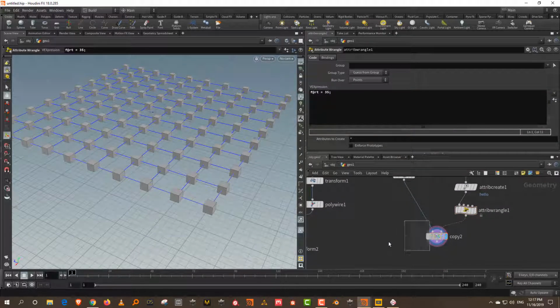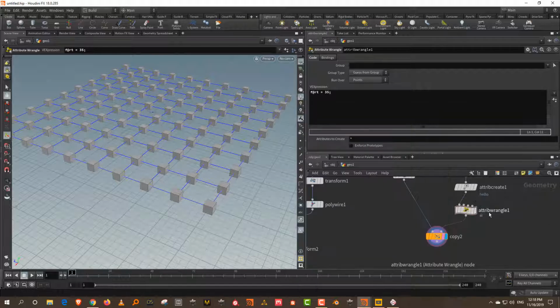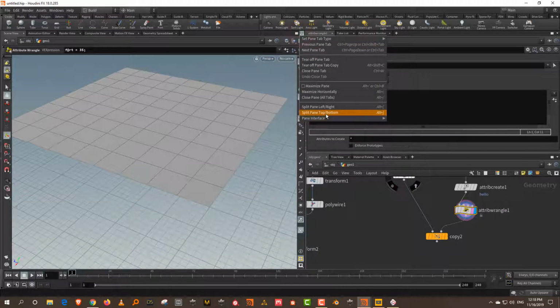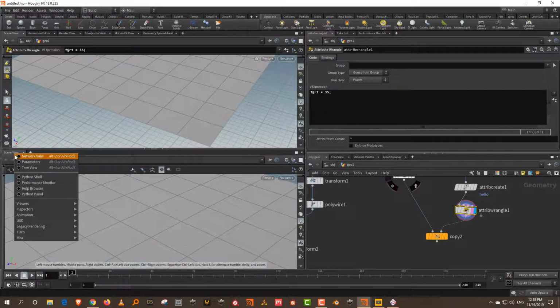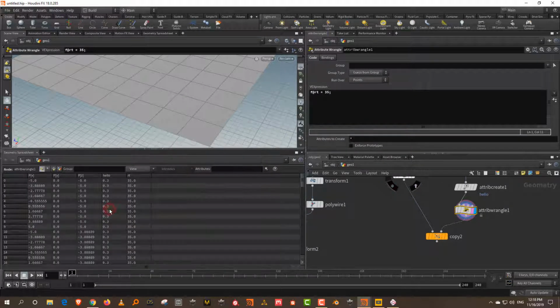Now nothing is going to happen, but if you click here and go to I, you'll notice that we now have another attribute called RT. As I said, there is another way to see these values. What you can do is split the pane top-bottom. You can press Alt and the right bracket key, or right-click on the scene view, and you will get something called a geometry spreadsheet. So just come to inspectors and you will find geometry spreadsheet.